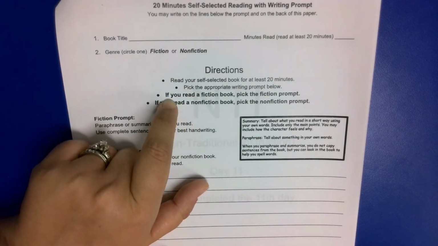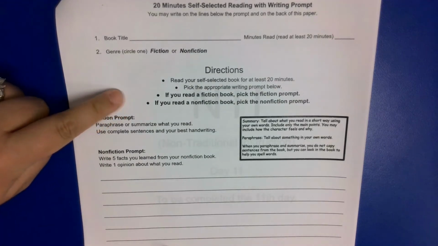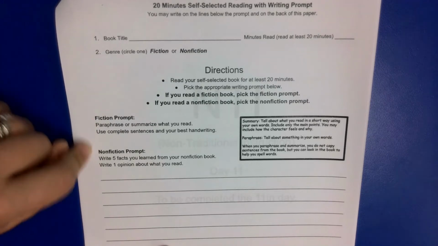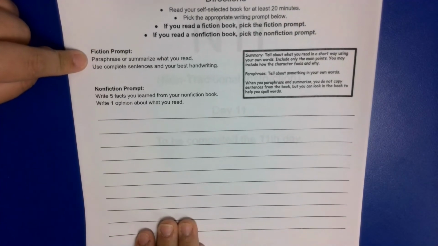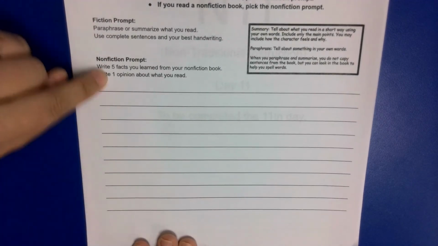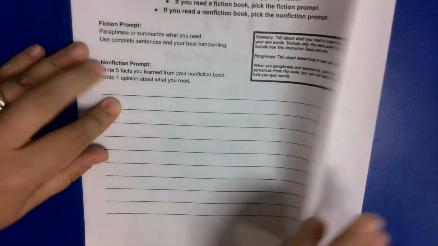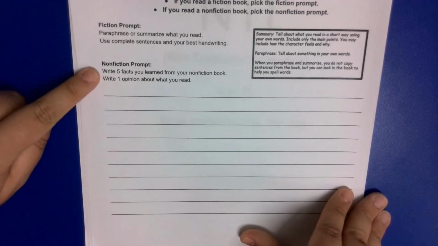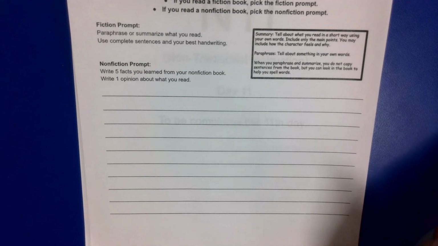So if you're reading fiction, pick the fiction prompt. If you're reading nonfiction, pick the nonfiction prompt. Okay. This is just as basic and simple as it can get. So your fiction prompt, paraphrase or summarize what you read. So you've got space down here. It should take at least this much space. If you need to write more on the back or on another piece of paper, you can. And then nonfiction, write 5 facts that you learned from what you read, and write 1